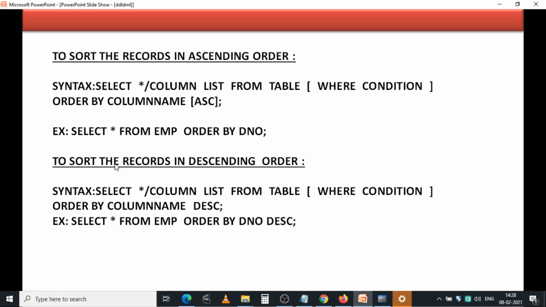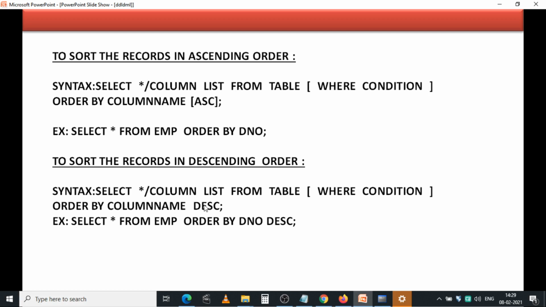Okay, and to sort the records in descending order, if you want to sort the records in reverse order, then you need to use the syntax like select star or column list from table name where condition, order by column name DESC.